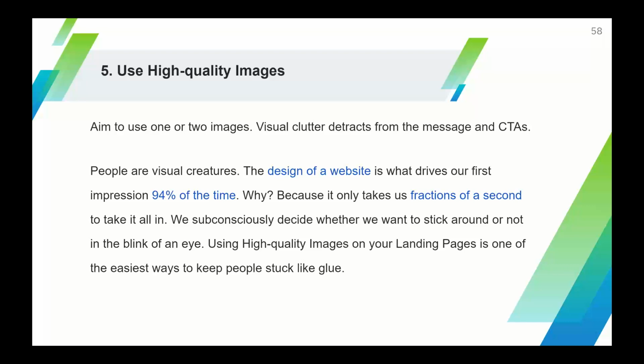It's crazy. Even when you use the same wording on an ugly website, or the same wording plus images on another website that looks nice, the nice one will convert much better. We subsequently decide whether we want to stick around or not in a blink of an eye. Wow, in a blink of an eye.